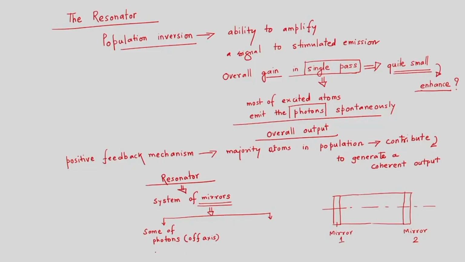So, this system of mirrors reflects out these off axis photons, and the photons which are on axis, along the axis, are used to generate the collimated beam. These on axis photons are desirable in our operation,